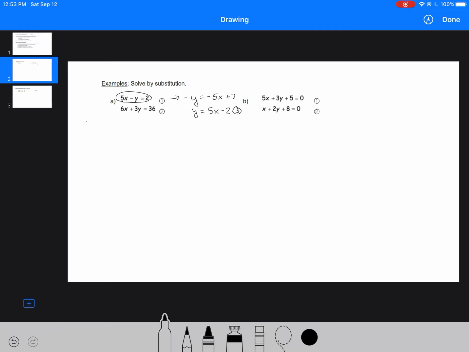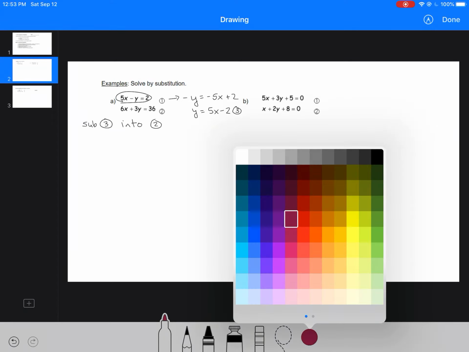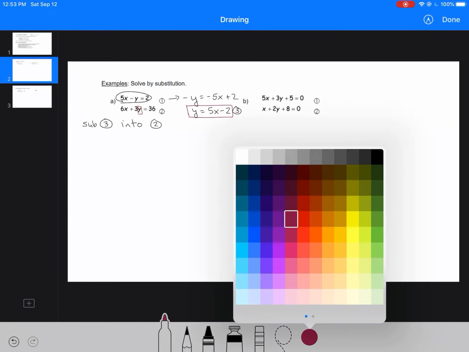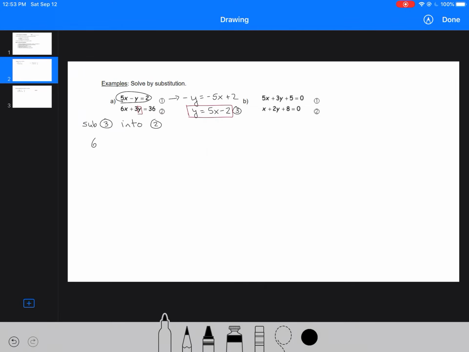So now what I'm going to do is substitute that third relationship I created into equation number 2. That is why it's called substitution. So let's highlight this in pink, and I'm going to replace that right here where the y is. So 6x plus 3. Now I'm making my replacement. y equals 5x, well, I guess I don't need the y equals. That's what I'm replacing. So 5x minus 2